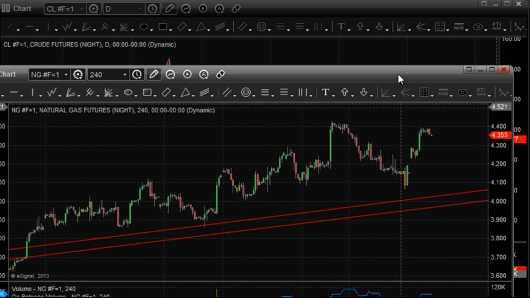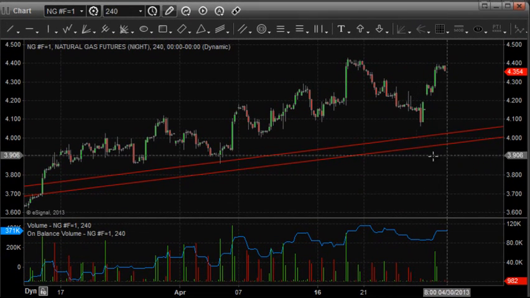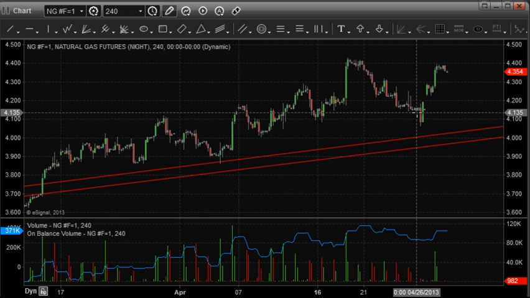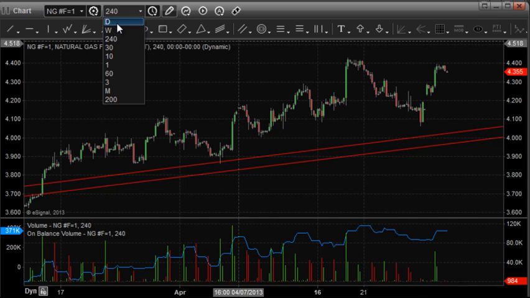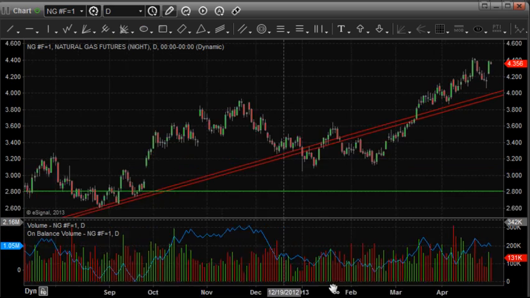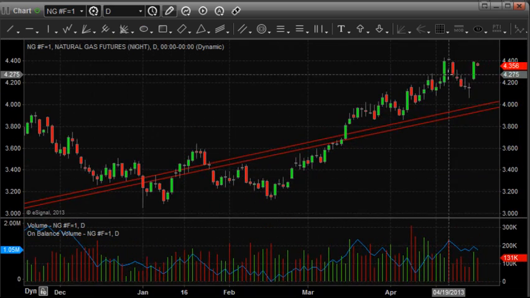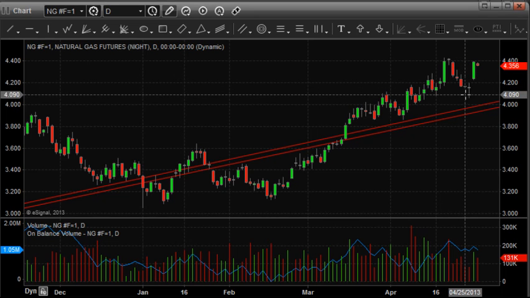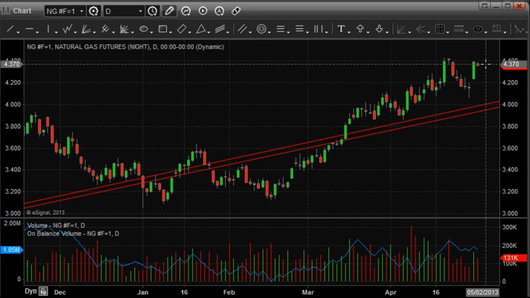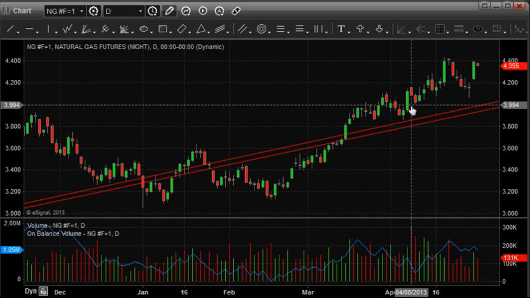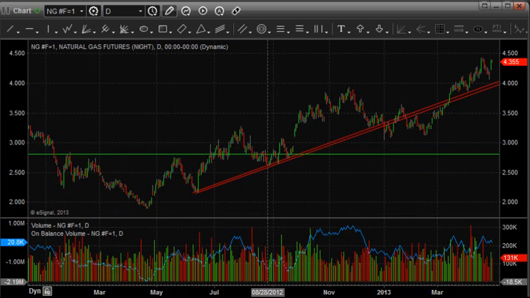Taking a look at natural gas. Natural gas continues to grind its way higher. It had a little bit of a pullback, started to come back on the 4-hour chart. It's had a bit of a bounce. If we just go to the daily charts, you can see it had a 1, 2, 3, 4, 5, 6-day pullback, and then had a nice pop yesterday back up to resistance. Overall, it's continuing to work its way higher, and if we just zoom back a bit,